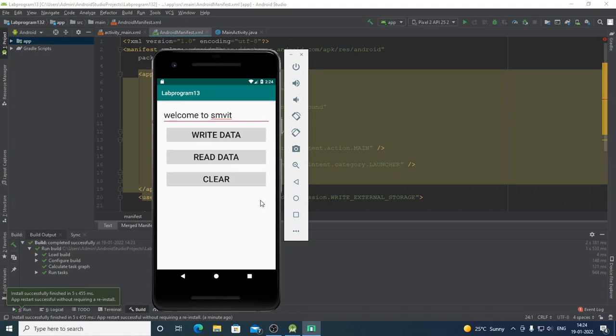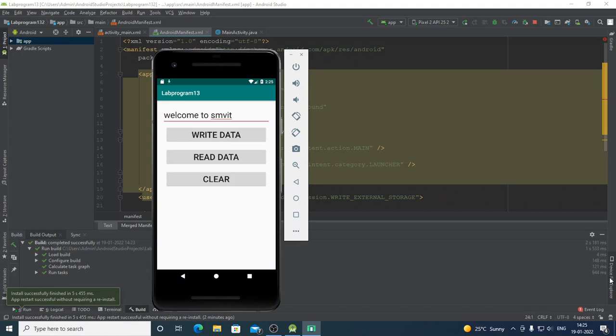Now there is one more way to check whether the file is created or not. Whenever you run a virtual device instance here, you will have the files associated with this virtual device. To see that, you have what is called the device file explorer. You can see here on the right hand side, I am just placing the cursor over it.